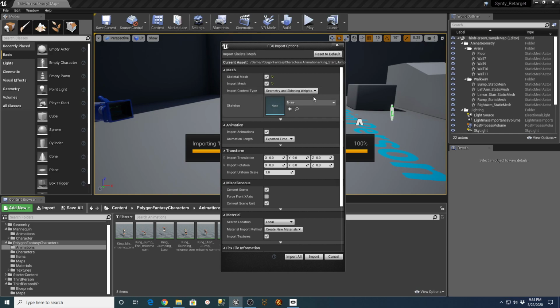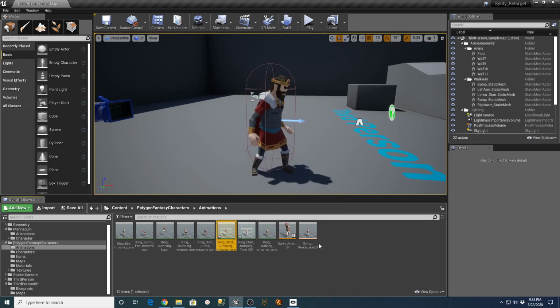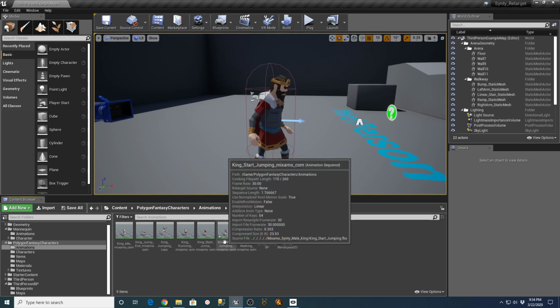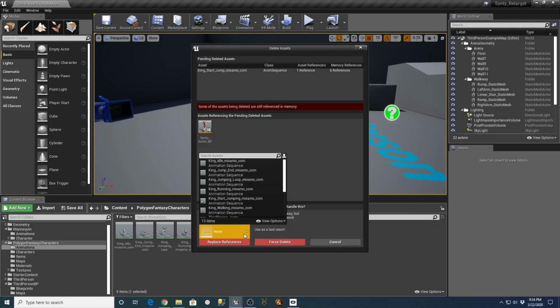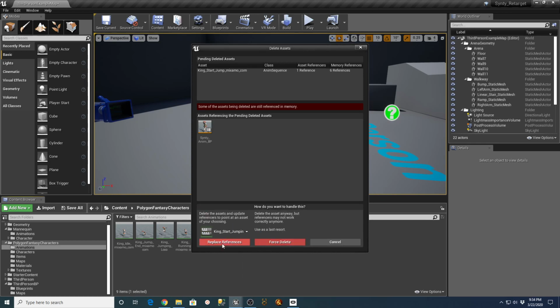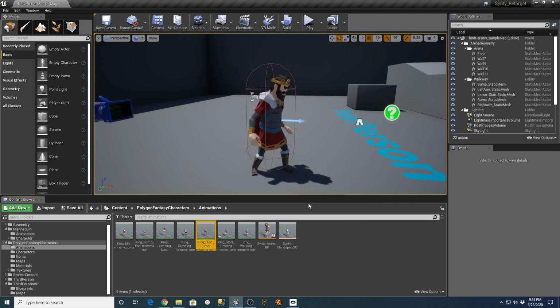We're going to assign that to the fantasy skeleton. Import that. Get rid of the take one thing. Again, I don't know where that's coming from. And then we're going to take our king start jump and delete it. Replace the reference with start jumping. And save all that.